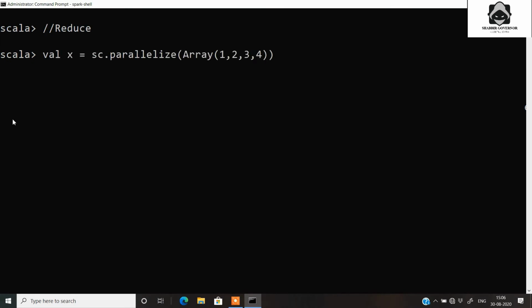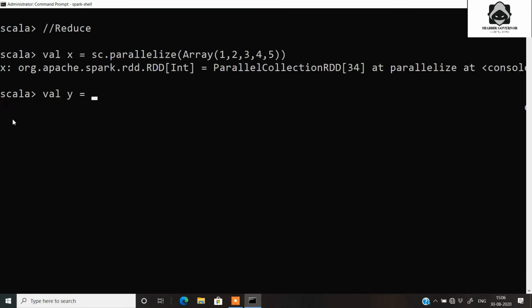The next action we will be seeing is the reduce action. So let's create an RDD of integers. On that we apply the reduce action. For every element it will add it to the previous result. Here in this case we get 15 because in our RDD of integers we had 1, 2, 3, 4, 5. If we add all of them, we get the output as 15.